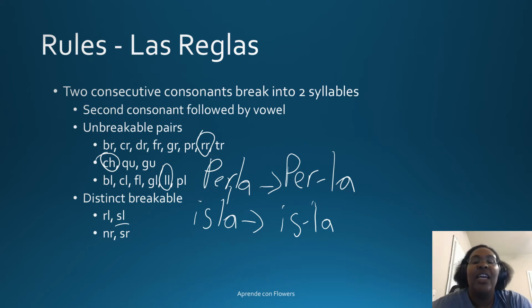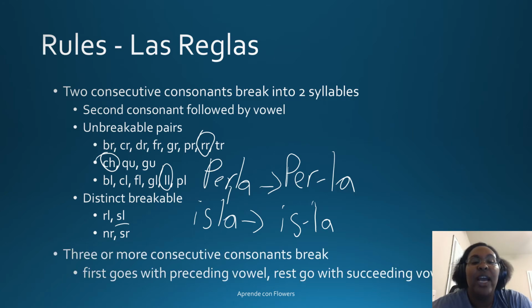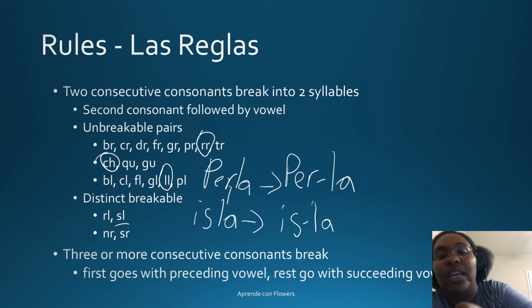Okay? And so we also had another rule that wasn't explained thoroughly, right? We have 3 or more consecutive consonants break. It means that the first consonant is going to go with the preceding vowel, and then the rest are going to go with the succeeding vowel. One word that we can think of is